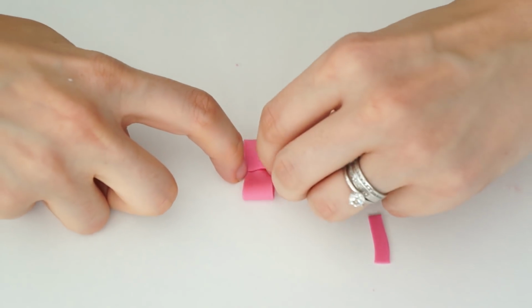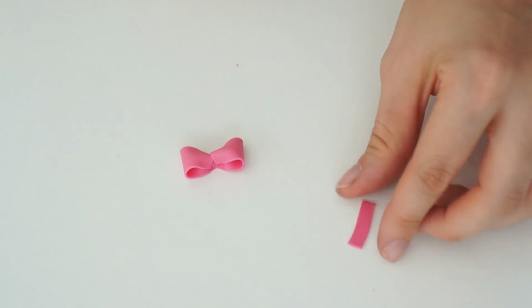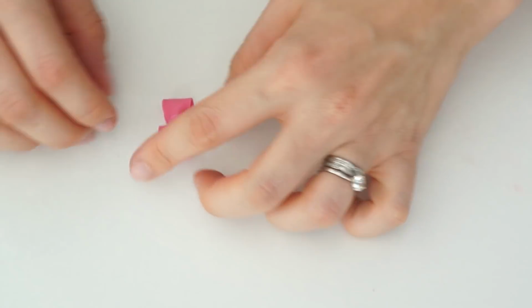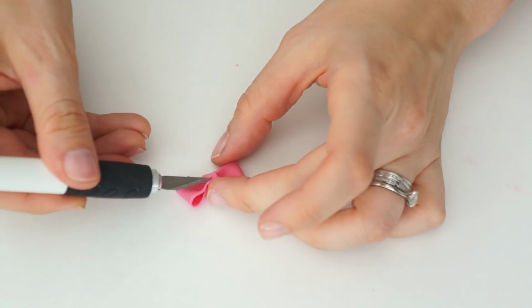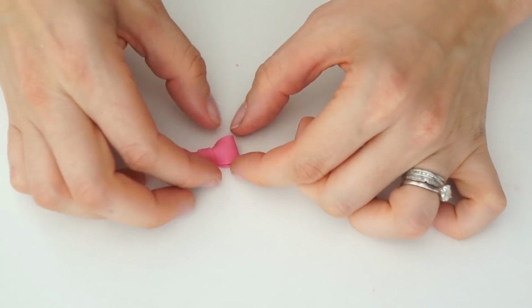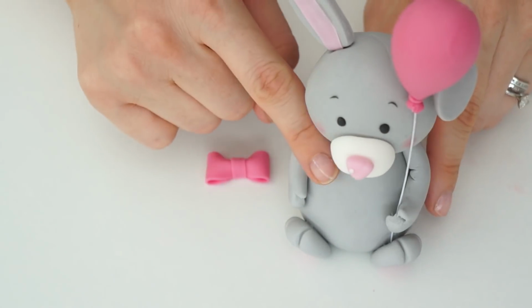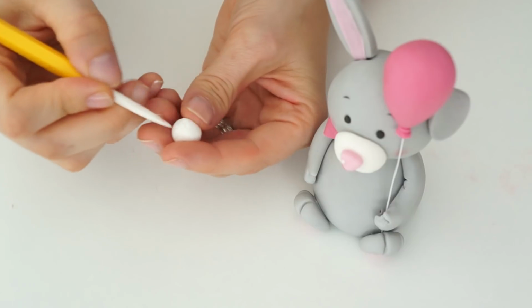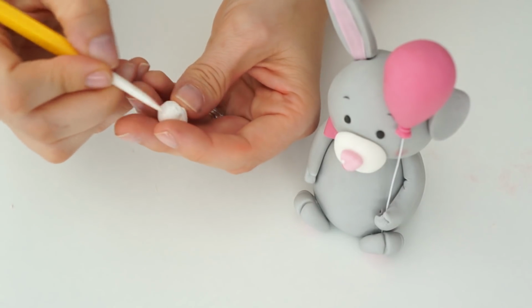I'm then going to use my 2 fingers and just push on the 2 sides in the middle just to create a bow shape. I'm then going to use the tiny strip to wrap around the center and turning the whole bow over just to secure that at the back. So I'm going to bring my rabbit back in, and I'm just going to attach this at the side of his neck. I'm then just going to finish the rabbit off just with a small ball of white gum paste,